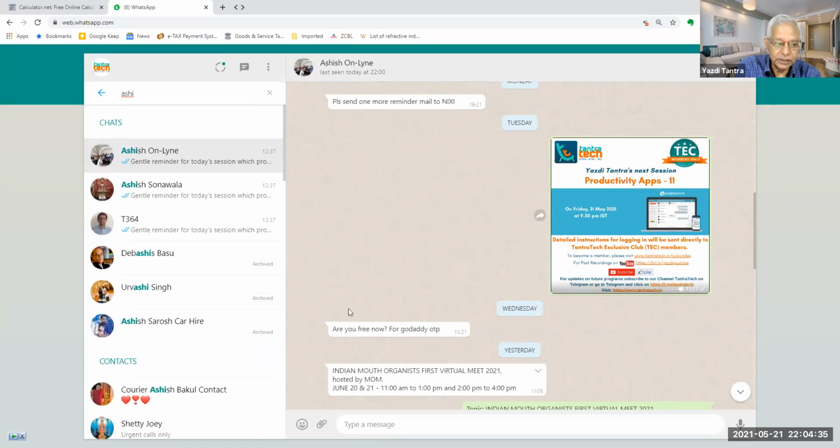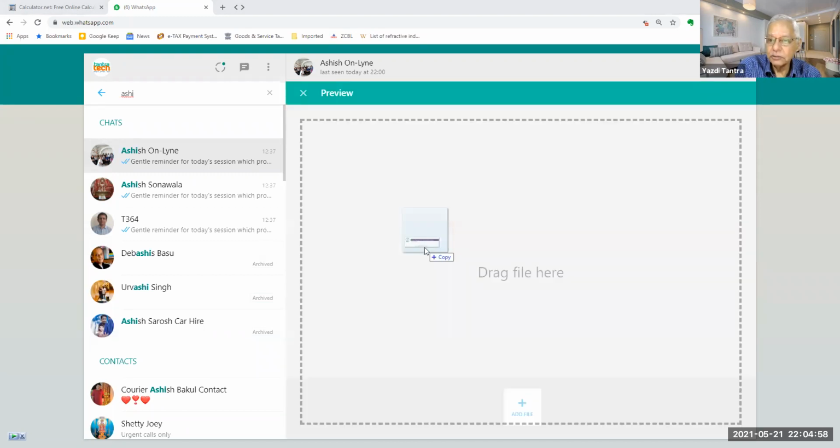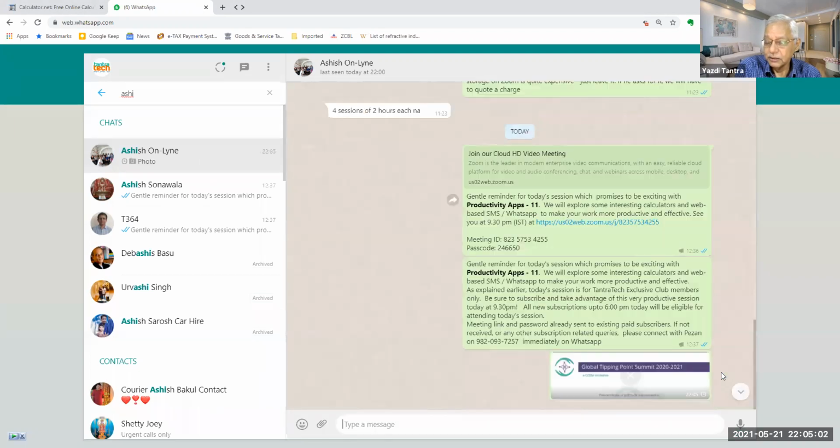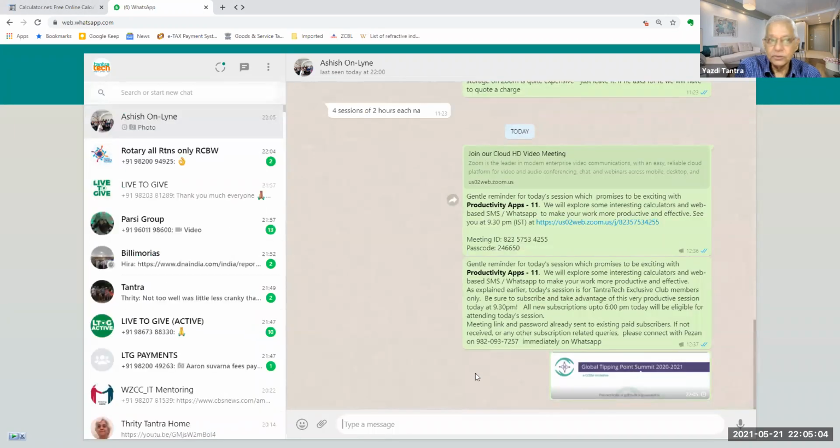I want to send a picture, I can go to my desktop, or I can go to any folder, and I can just pick up any picture and drag it into this window. I can drag a file onto this, then leave it, and I say send, and automatically that picture goes.